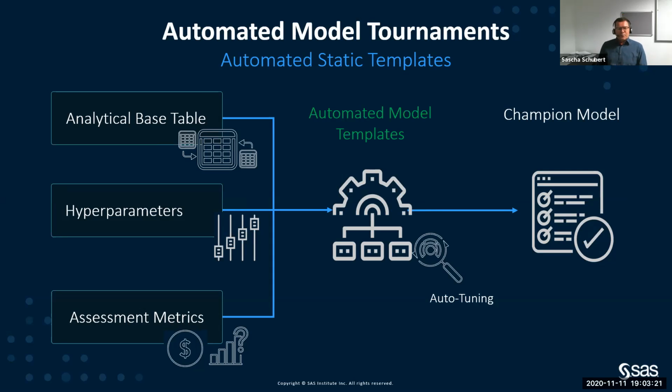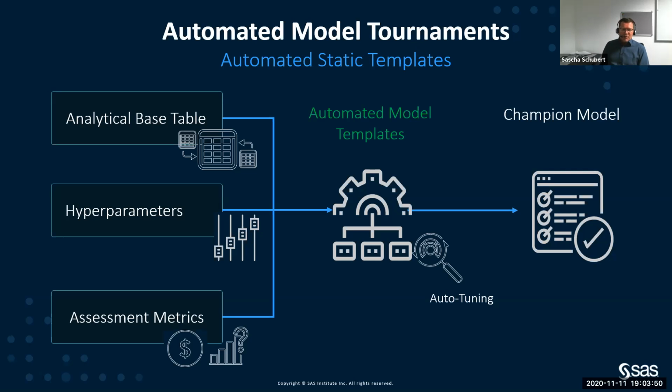And then I feed all these ingredients basically into my model template, and then the model template runs and creates a model, and I can then identify based on the assessment matrix if the model is any good or not. And now imagine I can not only do that automatically with one model, I can do that with 10 different modeling algorithms and do it in an automated way and get kind of standardized output that I can compare one model to the other, comparing apples to apples.